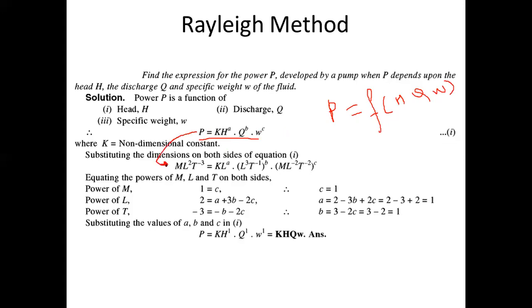Now you tell me, what is the fundamental dimension of power? How can you write power? Power is a derived dimension. How can you convert a derived dimension into a fundamental dimension? That we studied in the last class also. So does anyone remember the definition of power? What is the definition of power?